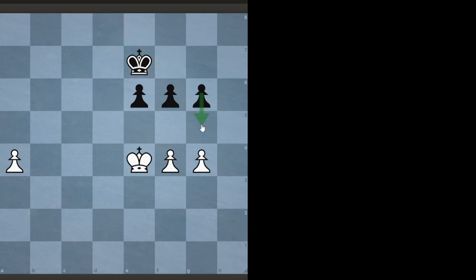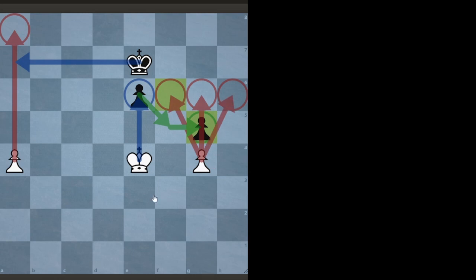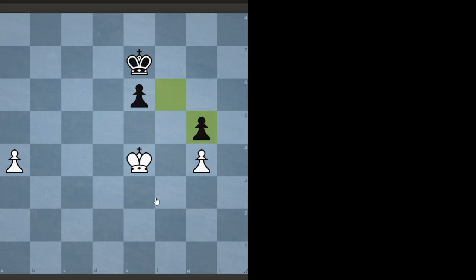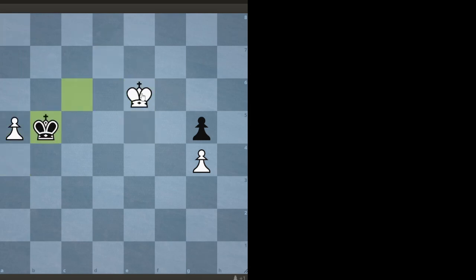And if the pawns move forward at this moment, we just capture the pawn. After the pawn capture, we have the same idea. The pawn serves as the decoy, the white king captures the pawn on e6, captures the pawn on g5, and stands on one of the squares highlighted red at this moment, the key squares of the pawn, and the position is won. And now, even if black would just try to make this a little bit more difficult, we use the pawn as the decoy, and the plan is identical as previously,